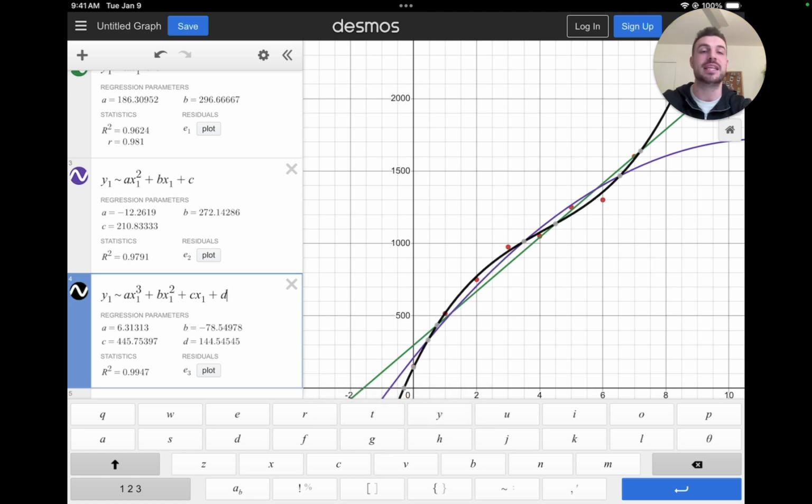Now, if I keep adding terms, so I added a term to go from a quadratic to a cubic. If I wanted to go to a quartic, then a fifth degree, and sixth degree, seventh degree, I'm giving my polynomial more opportunities to turn, so more opportunities to fit through the data. What that means is the r squared value should just keep getting closer and closer to 1. All right, so at some point, we need to decide which polynomial regression equation we are going